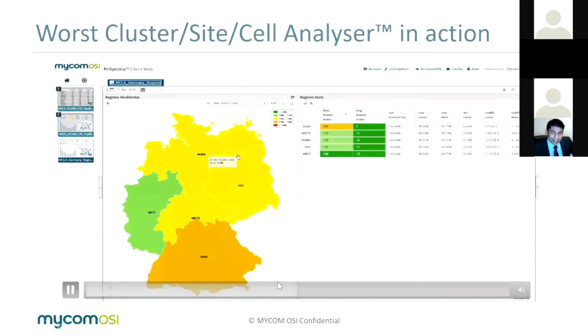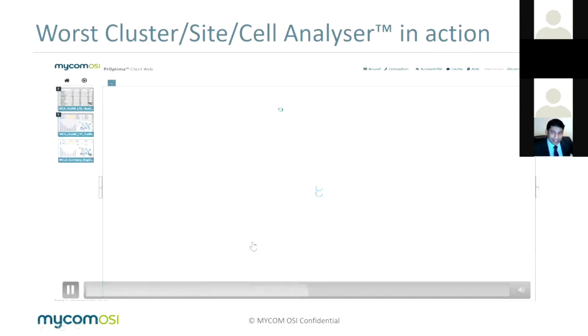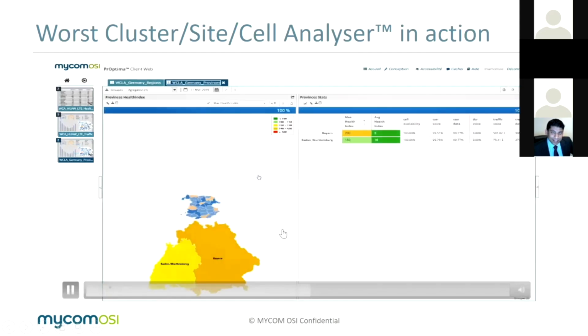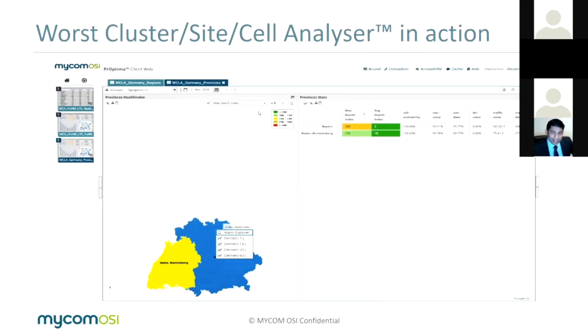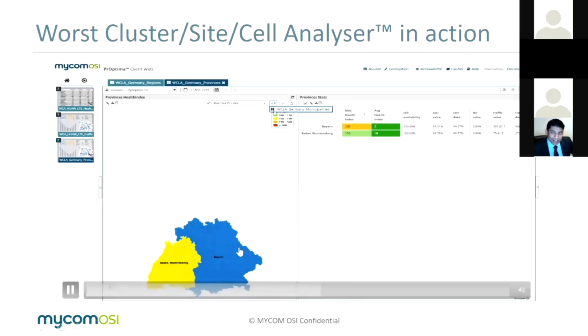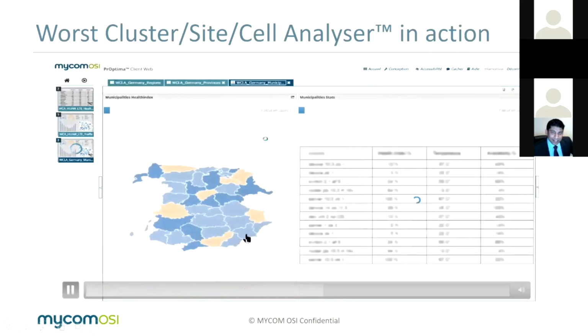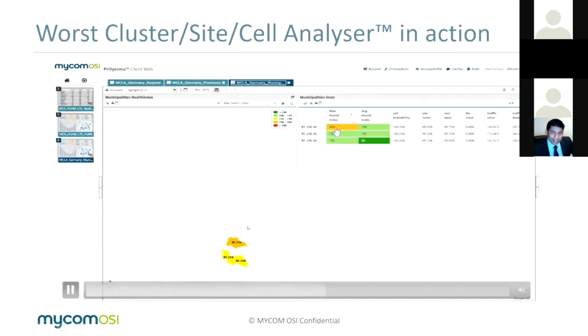So just to go a little further on the worst cluster analysis: we saw the worst cell analysis on a specific region. If you wanted to look into the worst cluster analysis to get a holistic view of the overall KPIs across a specific cluster or region, we also offer those solutions, with KQIs that are rolled up from KPIs on the specific network elements. Those clusters can then be filtered to see which are the worst performing clusters, and the health index for each of those clusters, as you can see, a 4G cluster across Germany, for instance, over here, and we've got 3 clusters which we have identified that